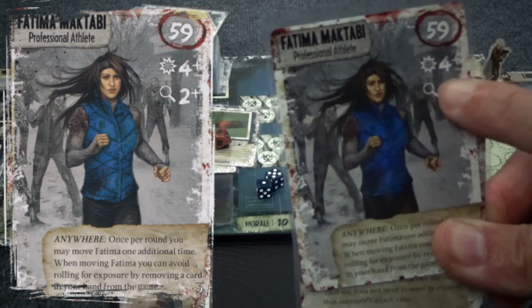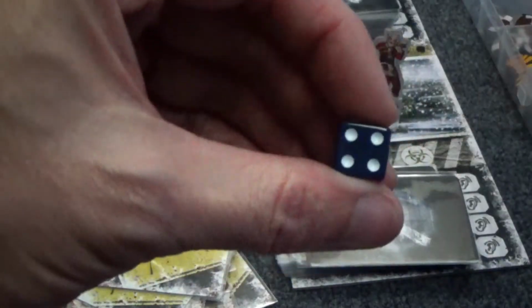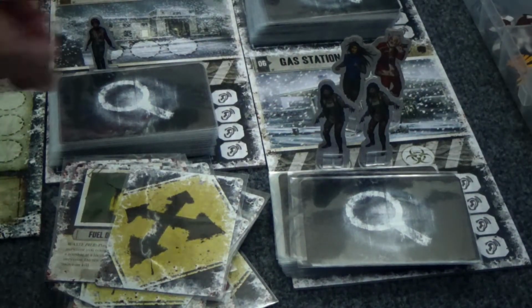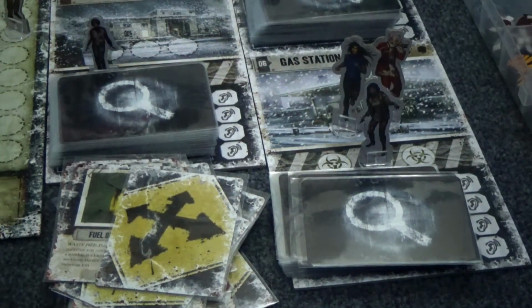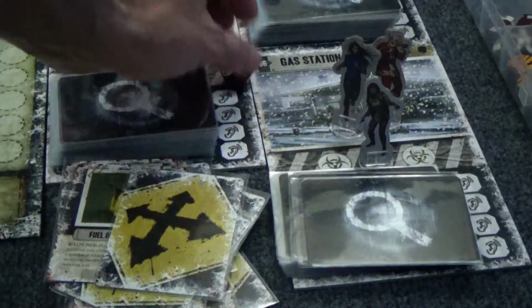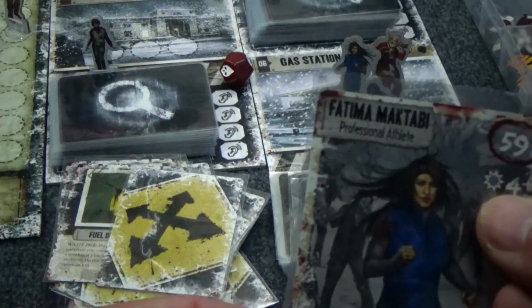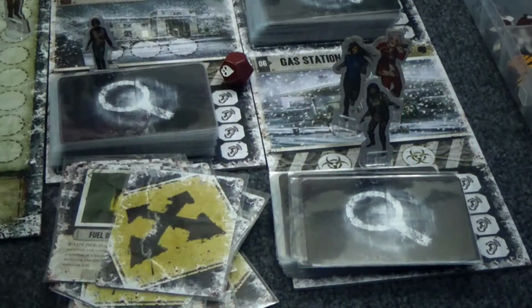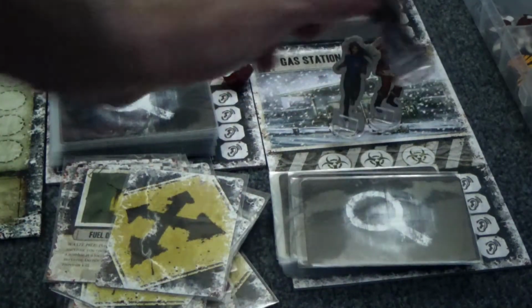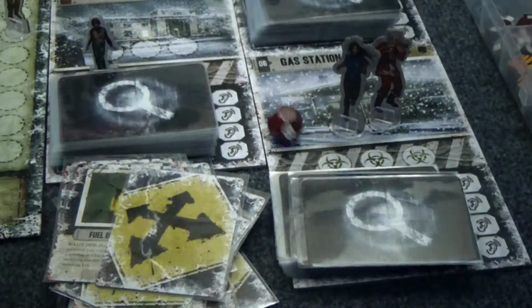First up, Fatima. Attack of 4, search of 2. We're going to spend that 4 die to attack. Fatima's first time attacking. Let's see how she does. She's clear. Great. So, no wounds, no frostbite, no infection. So, we're sticking with Fatima. And she's going to go ahead and attack again. So, spending that 4, getting rid of that zombie. But this time, let's roll that die and...